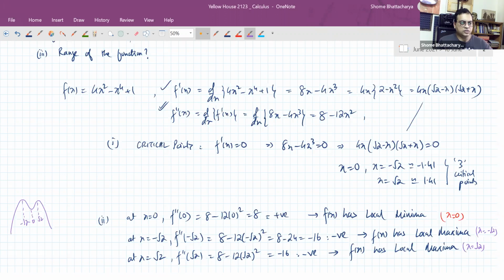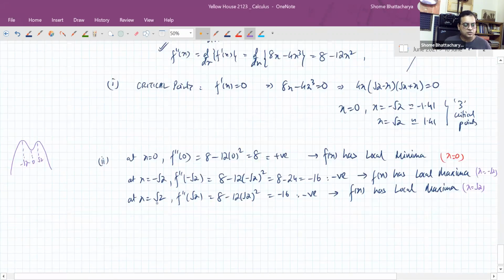Okay, now having understood this, just a little bit. Yes, very good, Kirti, that's correct. Now we have to just find the values. Okay, so we can see that for the local minima,